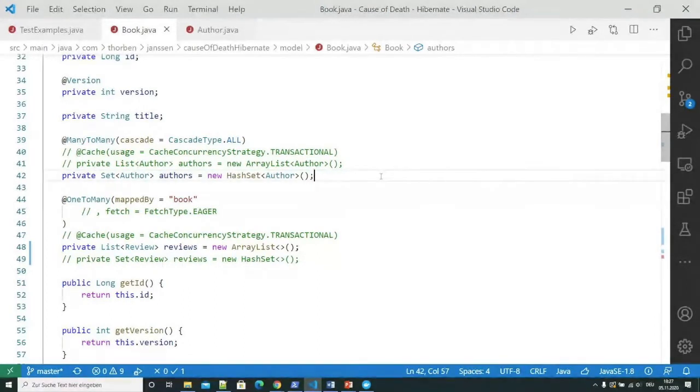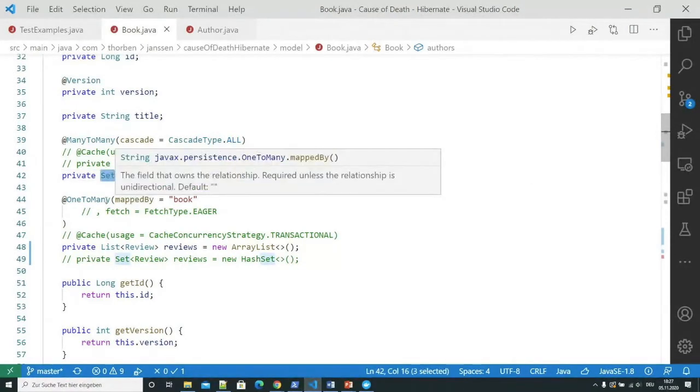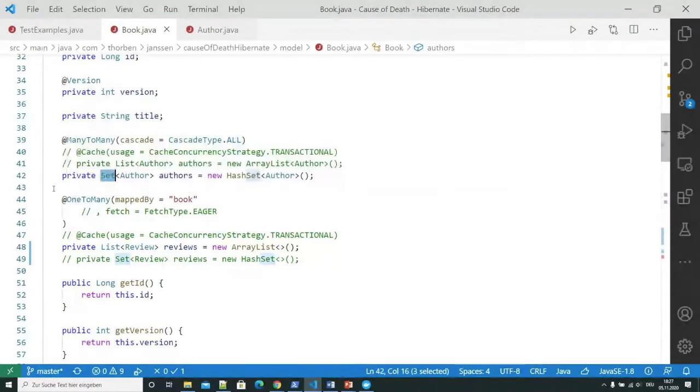If you compare the performance of a list to a set for such a small number of elements, you will recognize that it doesn't really make a difference. So yes, the set is a little bit slower than the list, but only in theory, because you will never have as many elements as you would need to actually see a difference. If we are fetching a few million records to actually see a performance difference between a list and a set, then yes, you will have a performance issue, but it will not be caused by the set. It will be caused by the amount of data that you actually fetch from the database.